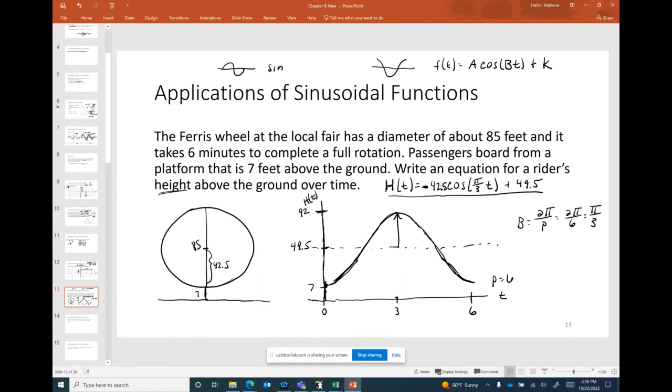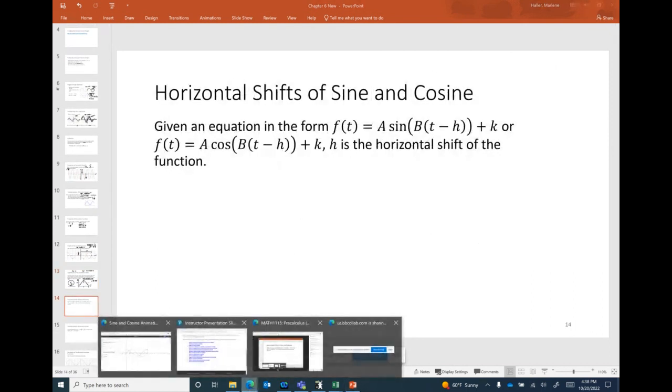All right, let's see this a little bit more. Let's get to this horizontal shifts. All right, now that we've got, oops,